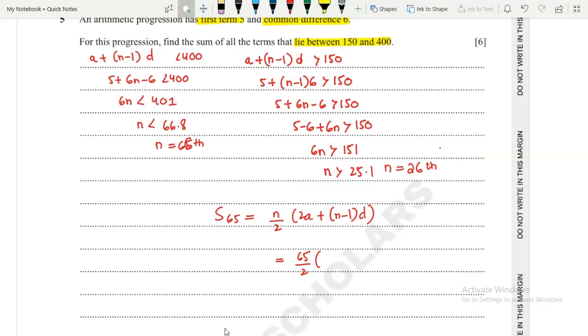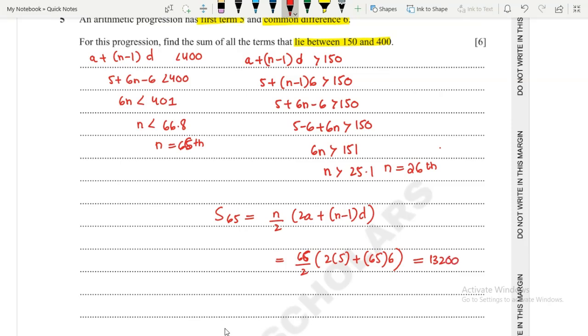I just mistakenly wrote 65. It will be 66 over 2, and 2 into 5 plus 65 into 6. Let's calculate the sum. 66 over 2 is 33 into 10, and plus 65 into 6 and into 33. It comes out to be